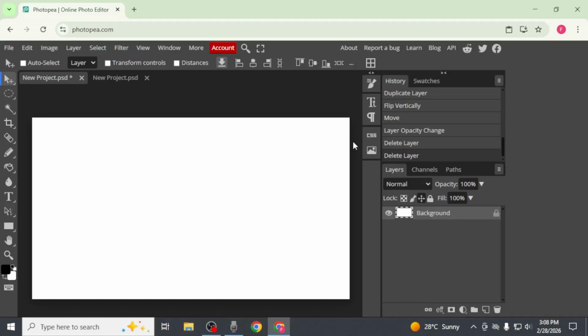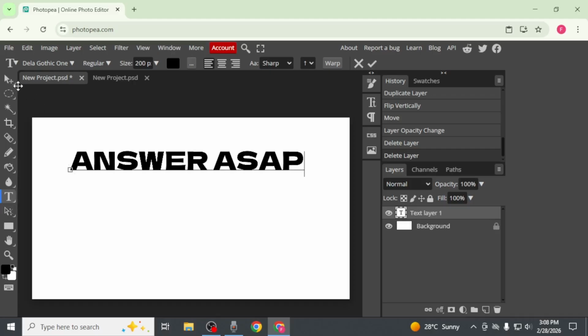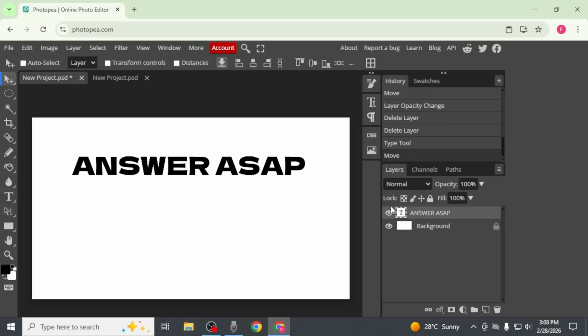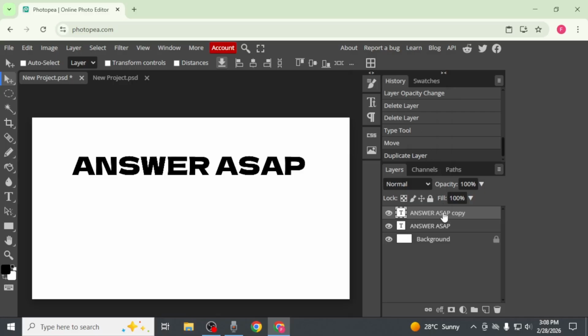Let's start with a text layer as an example. Select the Type tool from the left toolbar, click on your canvas, and type your desired text. Once your text is ready, go to the Layers panel, right-click on the text layer, and choose Duplicate Layer. Creating a duplicate is important because it allows you to keep the original layer unchanged while using the second layer